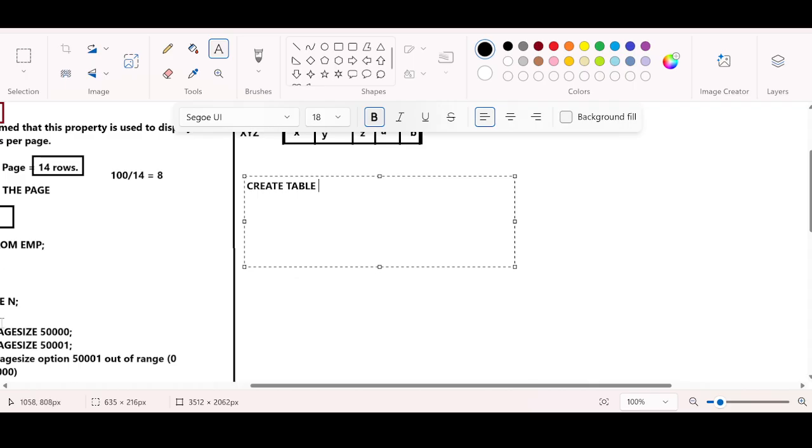Give the table name that you want to create, new table name, as. Now we are going to give select star from employee. Select star from employee. Now focus here. Where 1 equal to